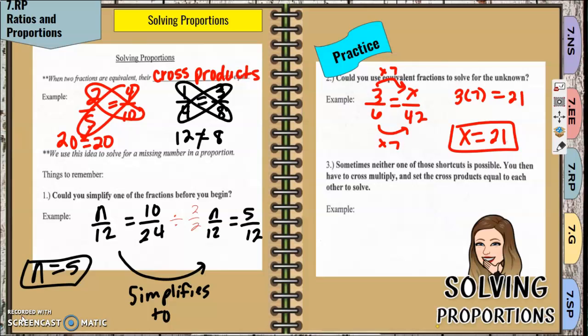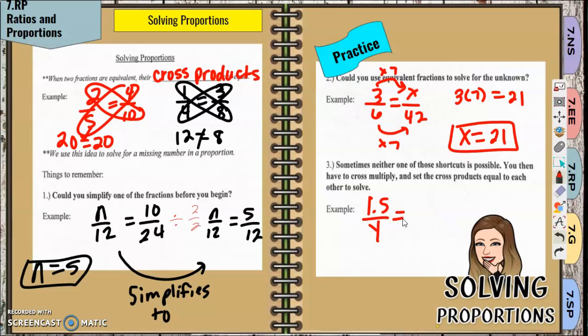Sometimes you cannot simplify a fraction, and sometimes you cannot easily see what number you can multiply by to get the missing variable. And in those cases, you're going to use cross products. You have to cross multiply and then set the cross products equal to each other to solve. So let's talk about what that looks like. I have 1.5 over y